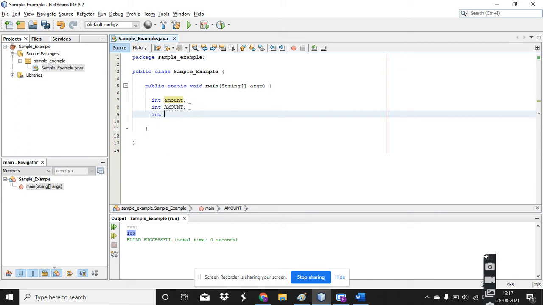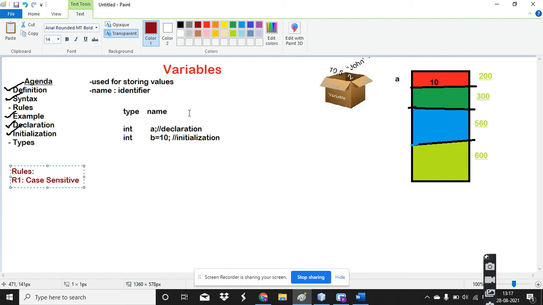But what happens if I repeat the variable name? If I repeat the variable name, then it will give me an error stating that variable amount is already defined in method main. You cannot define your variable again. So this is your first rule, that is, it is case sensitive.